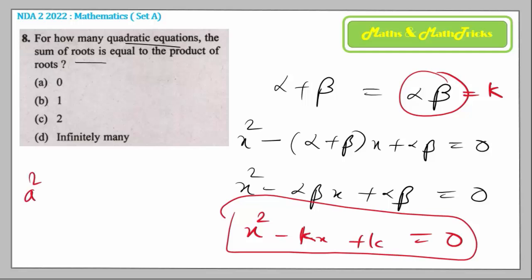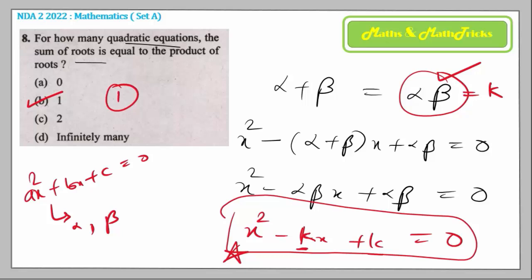See, you have this quadratic equation ax square plus bx plus c equals 0. For them the roots are alpha and beta, which are unique two roots for an equation, and for the unique two roots of the equation the alpha into beta value will be unique, right? So k is a unique value going into the quadratic equation, and hence it is satisfied by a single quadratic equation. Hence the answer, how many you can make? Just one. Okay, just one.